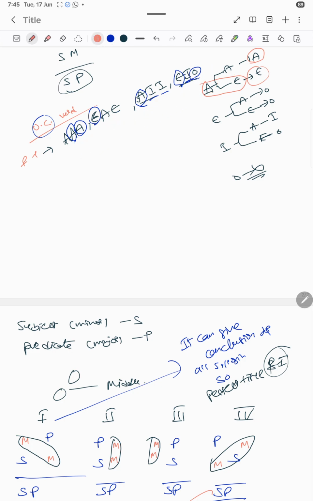Now next one, let us go for figure 2. So this focuses upon the negative, but universal negative. What I meant by negative is that the negative takes the charge here. So it starts with E, A, means E is mapped with A and you get O. O means E again, the subaltern form, right? And again